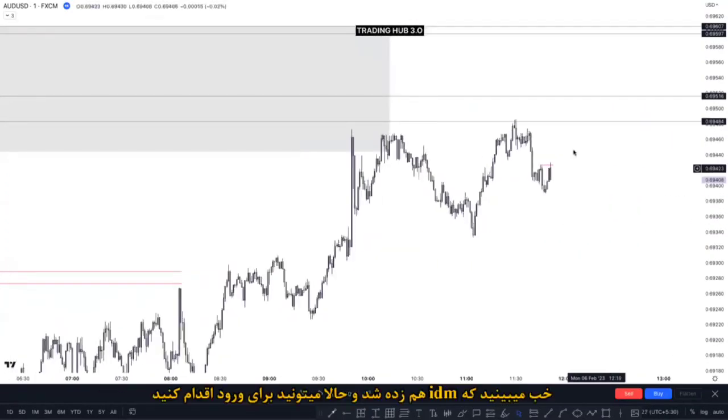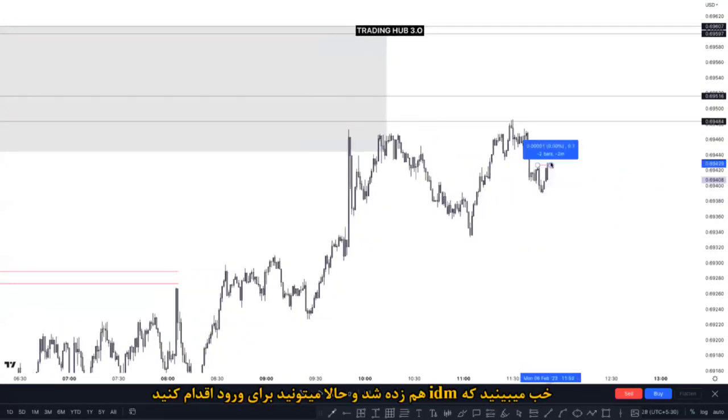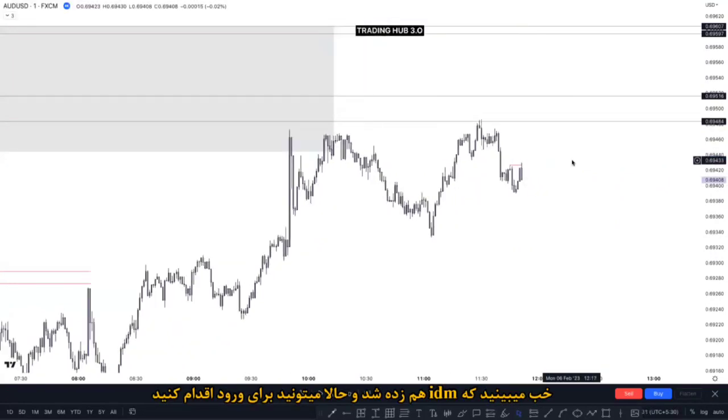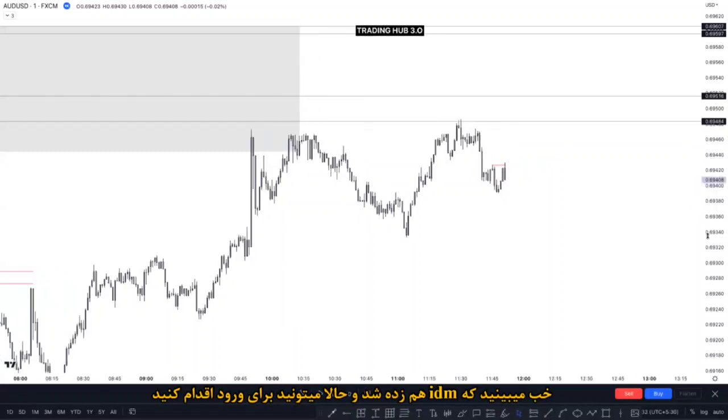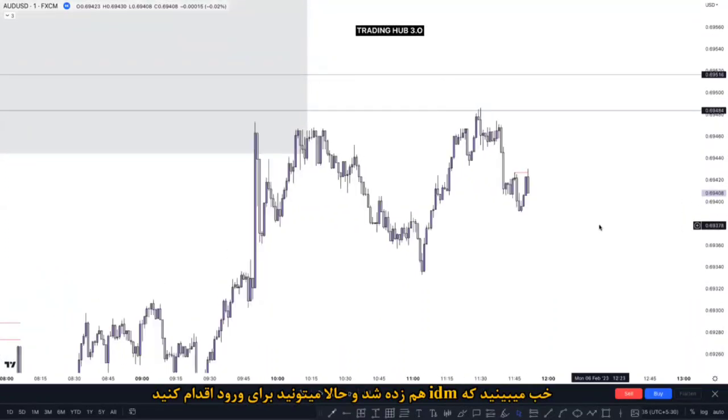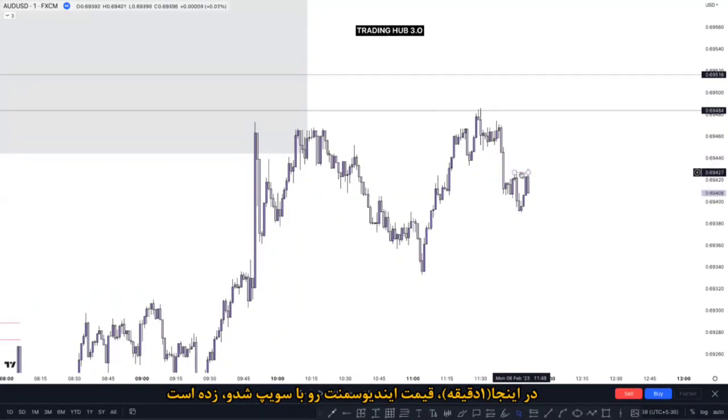Right, so price took out the inducement here. Generally we are looking to buy and sell when the market takes out the inducement. So in this case, in the 1 minute time frame, the market already took out the inducement and a candle closed below it, right? So you can take entry here